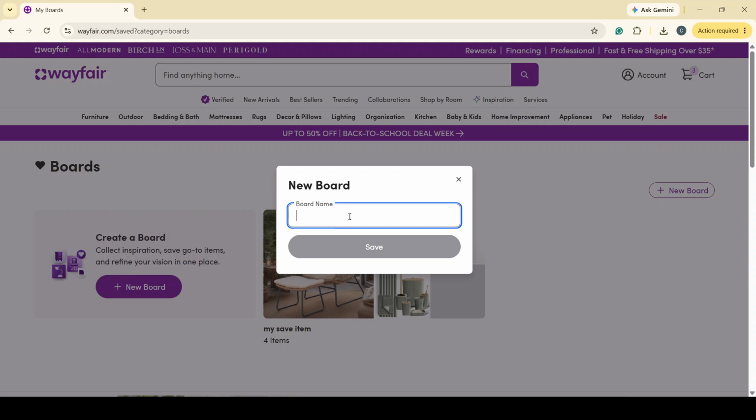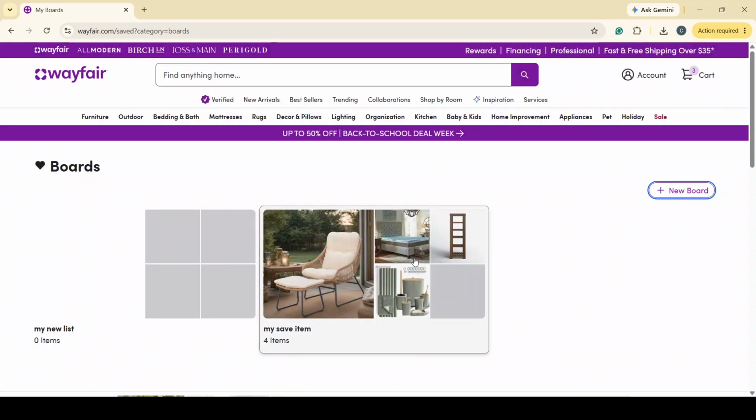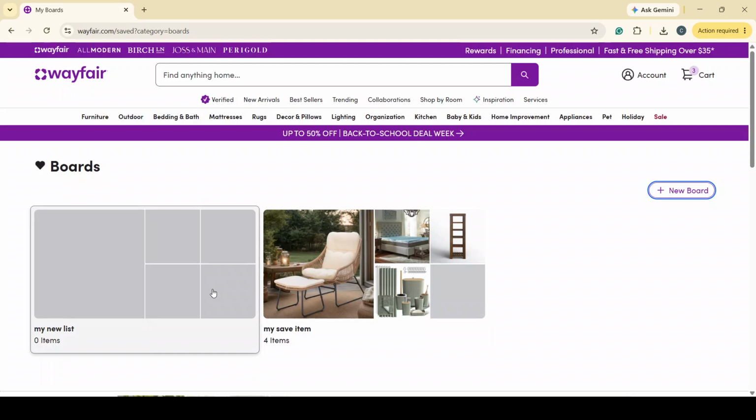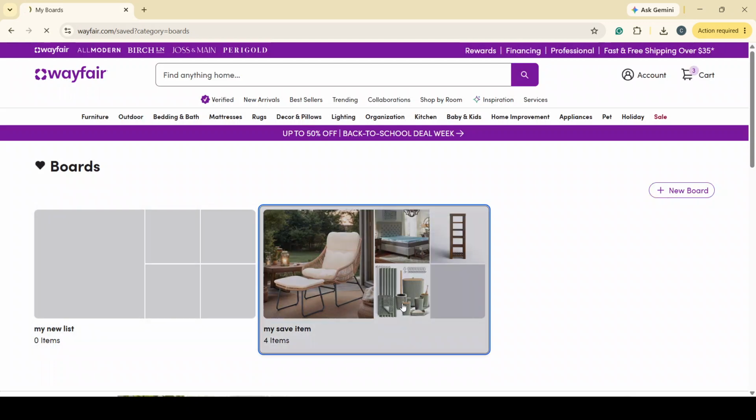Now, when you see the list you want to change, open it. This will take you into the full view of that list where you can review everything that's currently saved inside. Before making changes, it's a good idea to quickly scan the list so you know exactly what you'd like to update. Next, click Edit List. This opens the editing options and allows you to make changes to the list details as well as the items